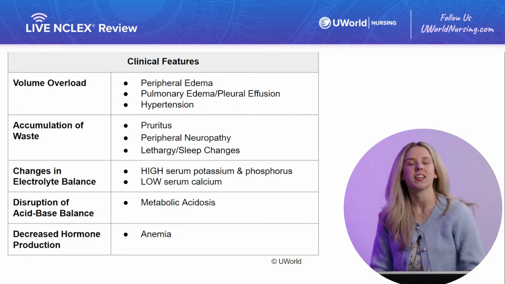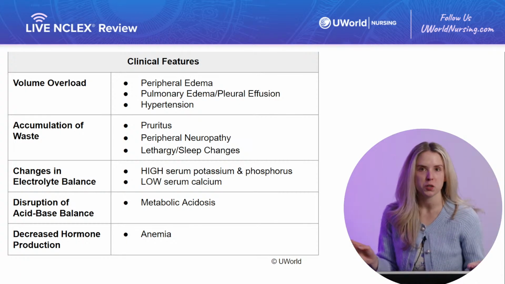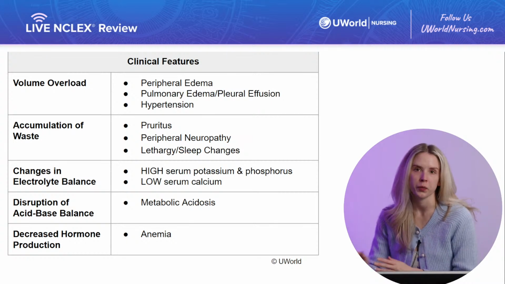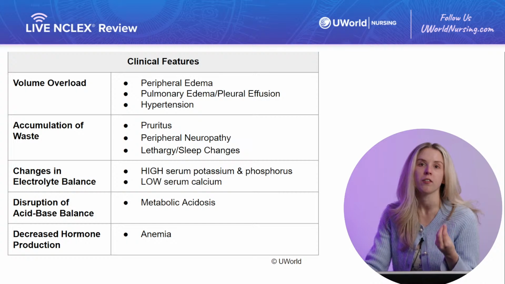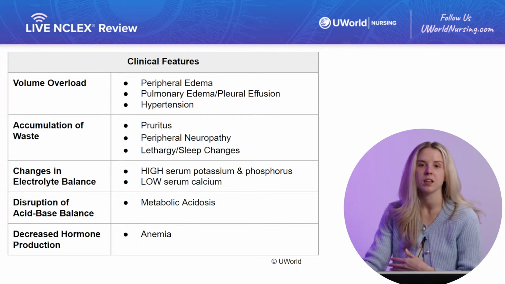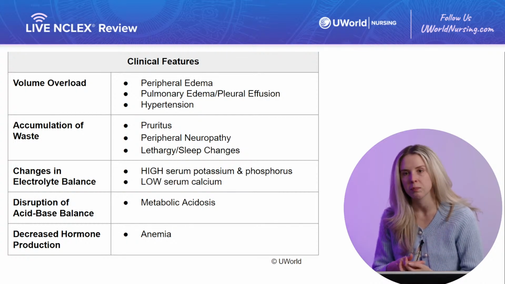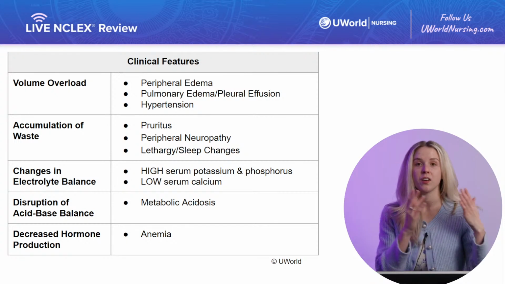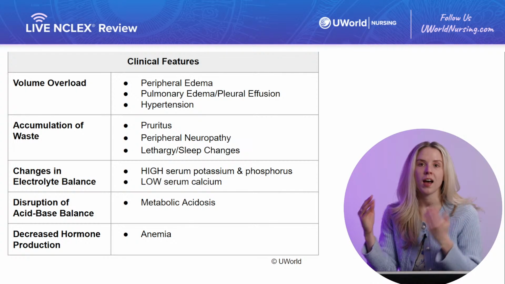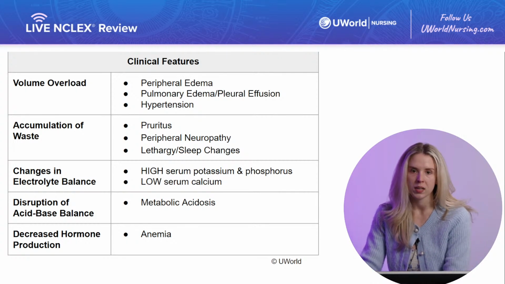Alrighty, and I see lots of answers coming in, and you guys, per usual, are spot on. It was erythropoietin. So erythropoietin is what stimulates the production of the erythrocytes, or the red blood cells. So when the kidneys are not functioning properly, they're not going to be producing this hormone at a large enough rate, and no red cell production equals anemia. So this is an important one to note.